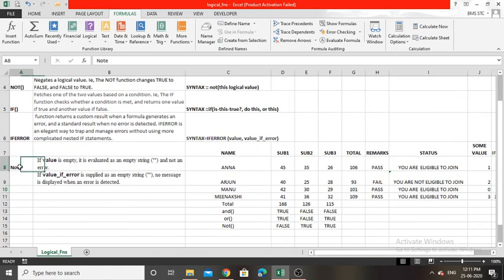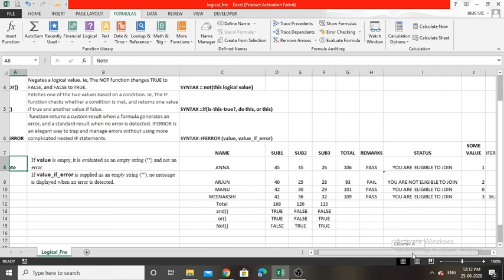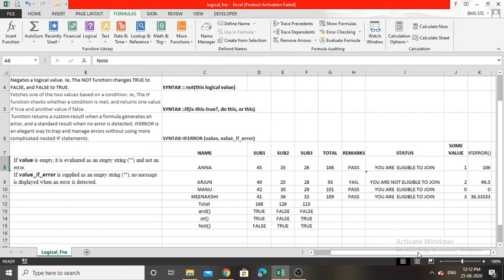So there is a special note also. As I said, for IFERROR there are two arguments, value and value if error. The first one is, if value is empty, it is evaluated as an empty string.